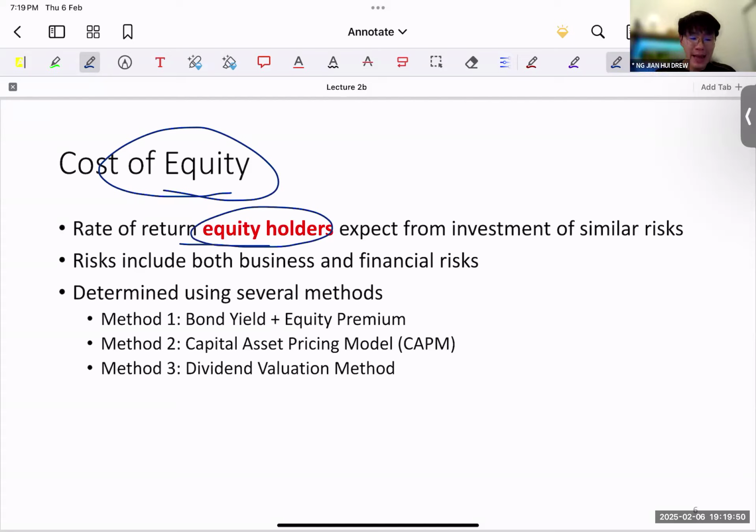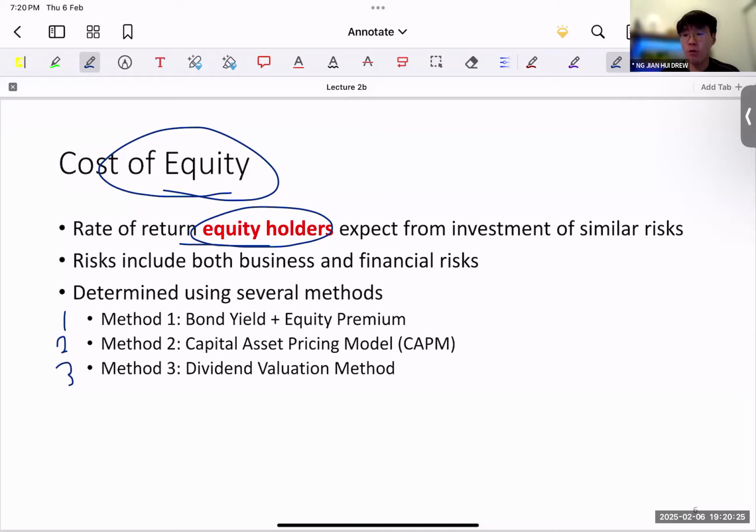And again, I want to highlight to you, in a case study, in your final ECA or GBA, things are very broad, right? You can use method one, because there are three methods here, one, two, three. But the idea is that you really need to determine what is the best method for you, because what I'm trying to teach you here are various tools. You need not use all the methods, but sometimes people like to use a combination of two methods. Let's say method one, method two, you do an average of both. That's possible as well. Or you do method one, two, three, and then average the cost of equity, right?